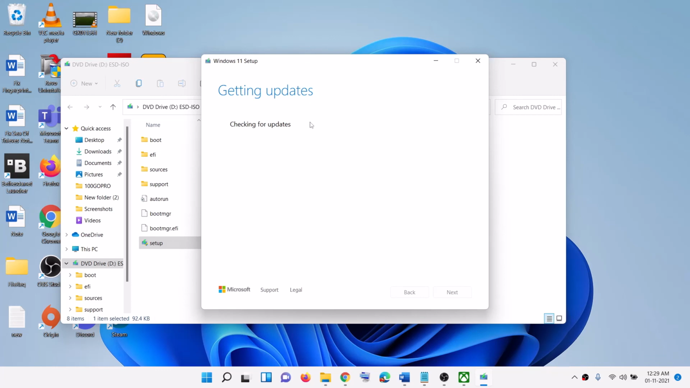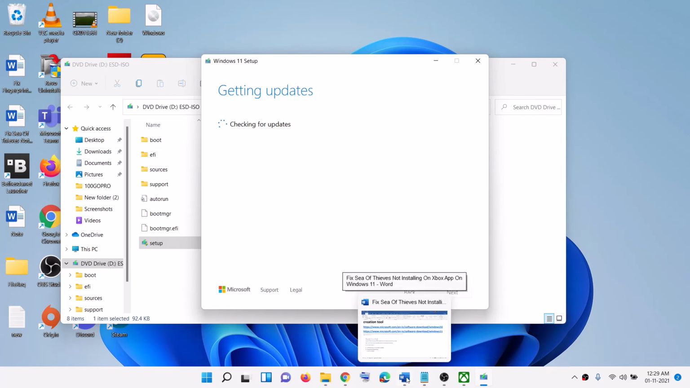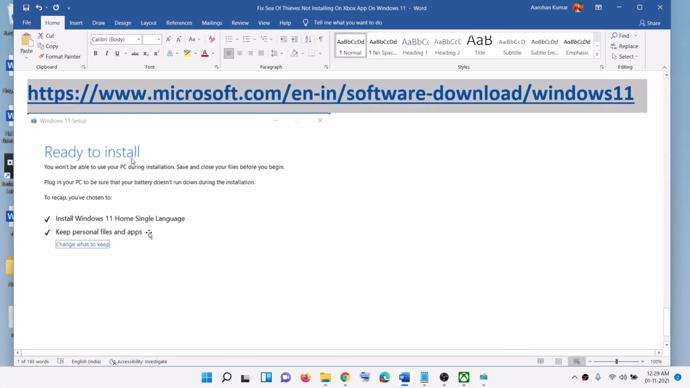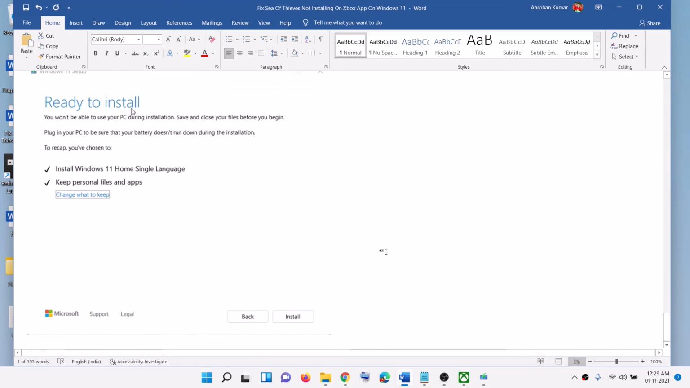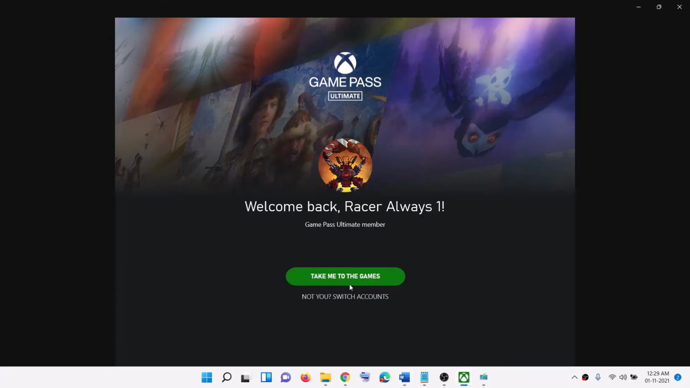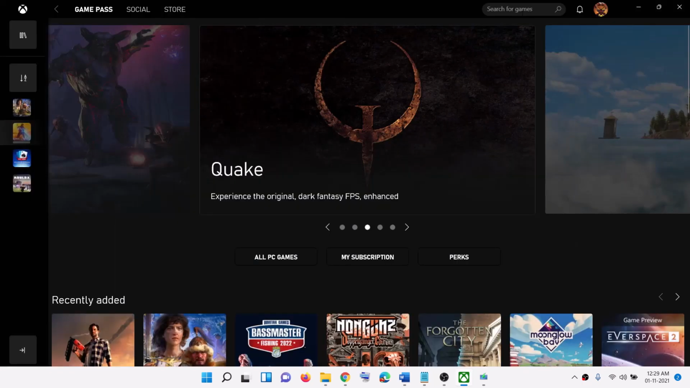Now this process will also take time, and once done, before the installation, again you will see this screen ready to install, and then by default the option to keep personal files and app would be checked. Now when this is checked, you will not lose any data on the computer, so click on install, and after the installation you can go ahead and log into your computer, open Xbox app and then log in, and then